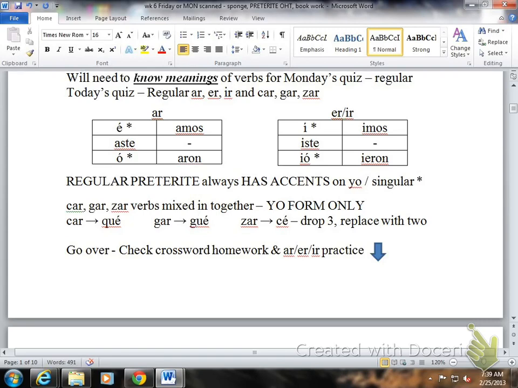Okay. So, -car verbs change to -qué with an accent. -gar verbs change to -gué with an accent. And -zar verbs -cé with an accent. Now, this should be a reminder to you that if you see an é with an accent, it's automatically the yo form. So you only make those changes in the yo form. The rest of the conjugations for any of those verbs that end in -car, -gar, -zar are just regular conjugations. It's a pattern that follows for all, and that's why they're part of the regular verbs, because it's any verb that ends in -car, -gar, -zar.